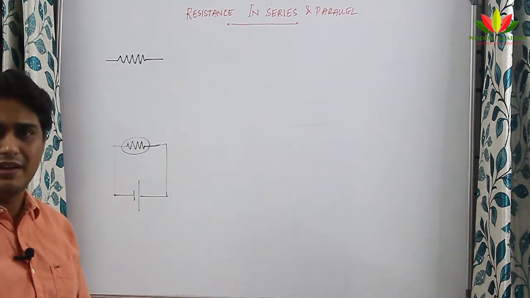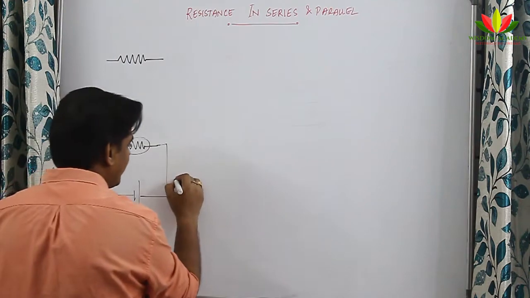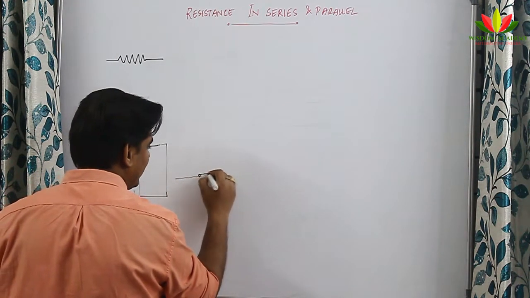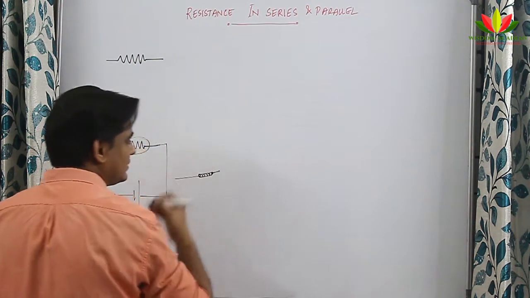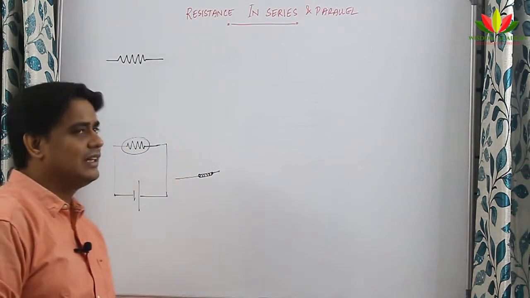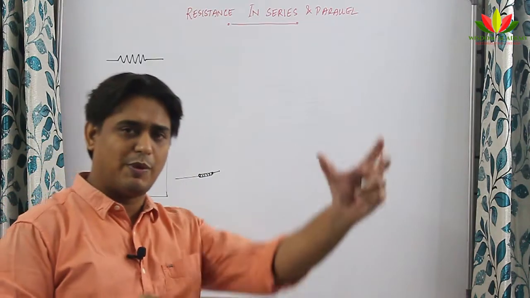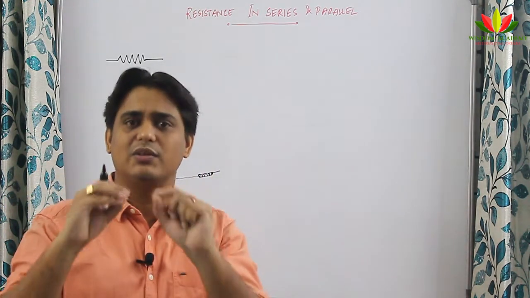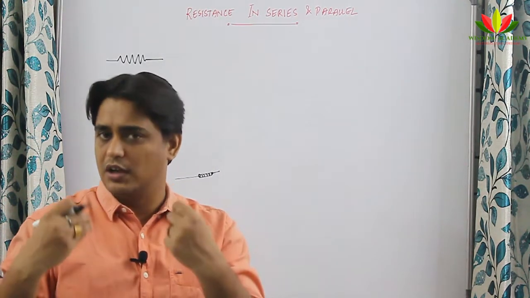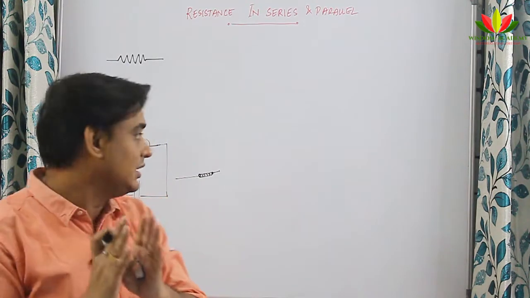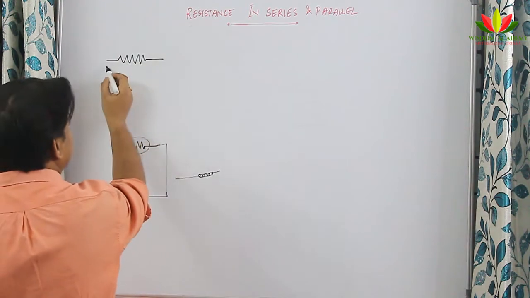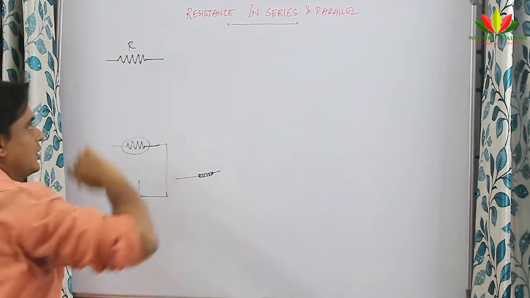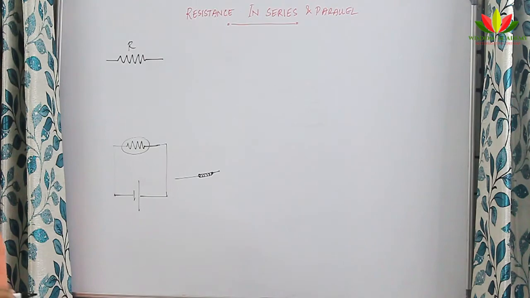How it looks in reality, in real life, you would have seen, or I will show you in the next video. It looks something like this. It has some bands of color, and if you buy a box of resistors, it will be written there how many ohm or kilo ohm the resistance of that resistor is. This is the resistance. How do we represent it? Like R.